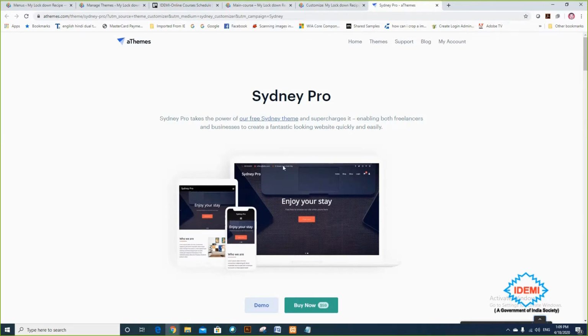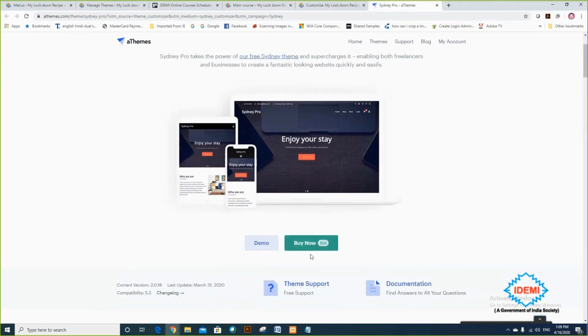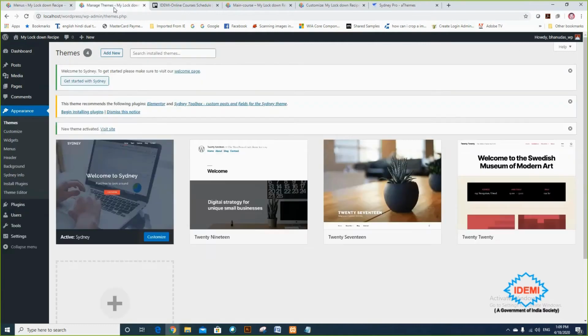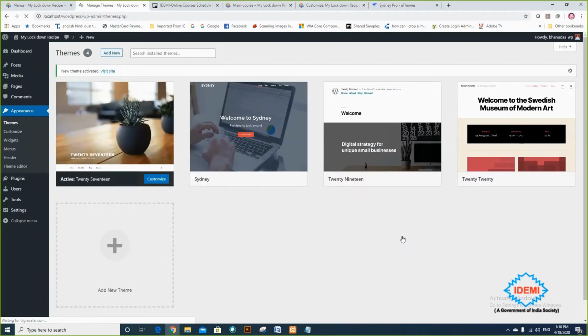But if you are buying a theme for a client, then you have to include the theme rates and your development rates. So this is managing themes. I'm just activating my 2070 again. So you learn how to install a theme, and you can change the themes accordingly.